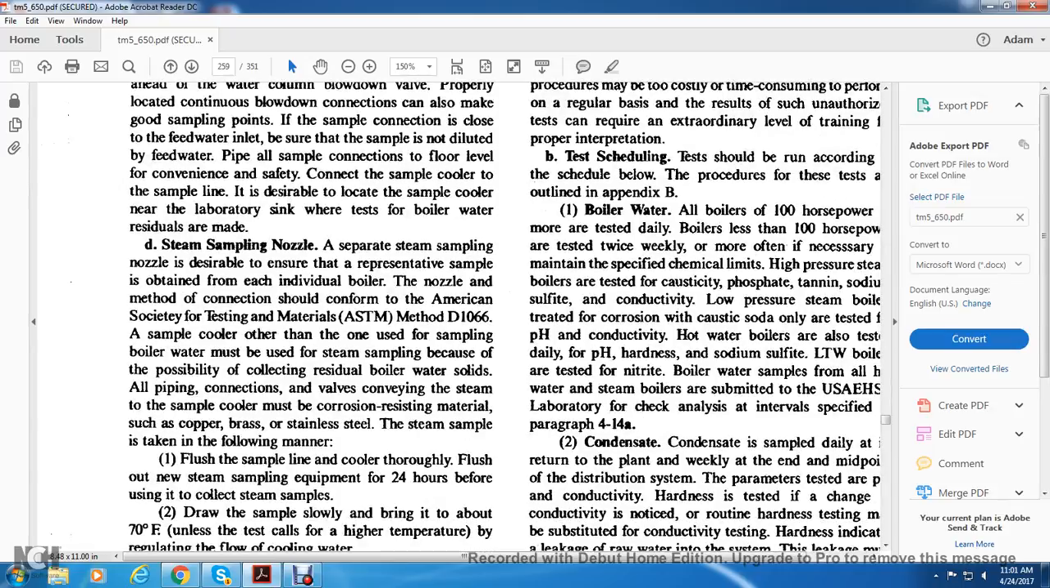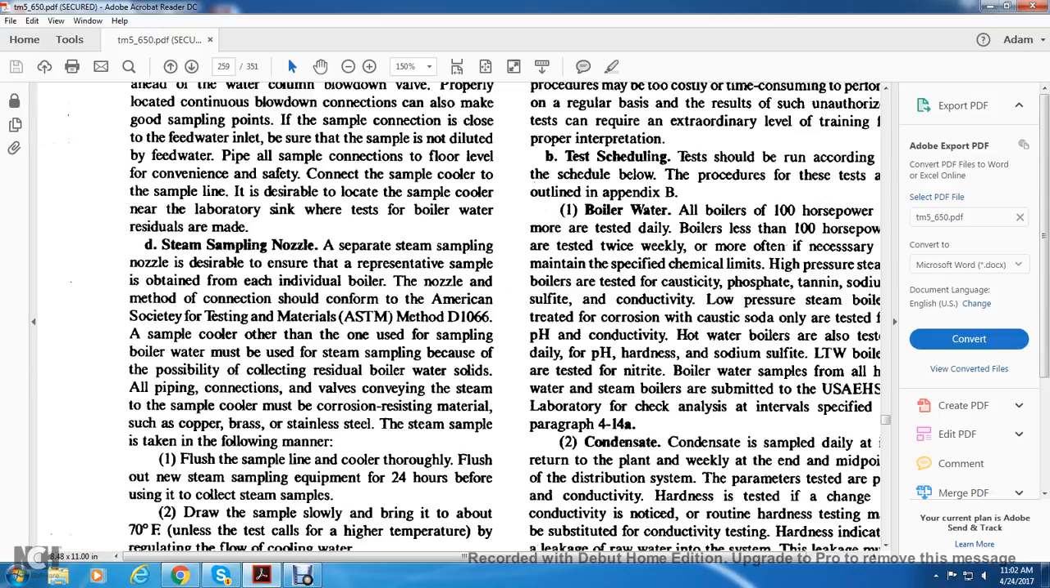The steam sampling nozzle. A separate steam sampling nozzle is desired to ensure a representative sample is obtained from an individual boiler. The nozzle's method of construction should conform with the American Society for Testing and Materials, ASTM method D 1066. A sample cooler other than the one used for sampling boiler water must be used for steam samples because of the possibility of collecting residual boiler water solids,